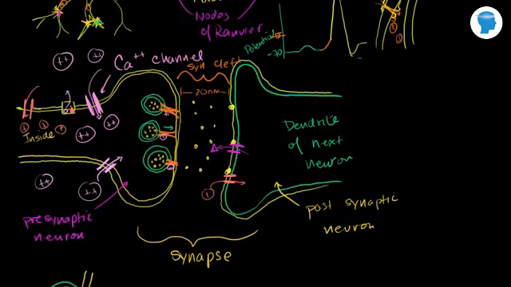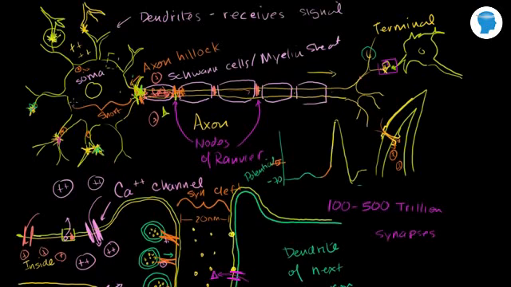And I was about to say there's millions of synapses. No, but that'd be incorrect. There's trillions of synapses. The best estimate of the number of synapses in our cerebral cortex is 100 to 500 trillion synapses just in the cerebral cortex. And the reason why we can have so many is that one neuron can actually form many synapses. You can imagine in this original drawing of the cell, you might have a synapse here, a synapse there. You could have hundreds or thousands of synapses into one neuron or going out of one neuron. This might be a synapse with one neuron, another one, and another one. So you have many